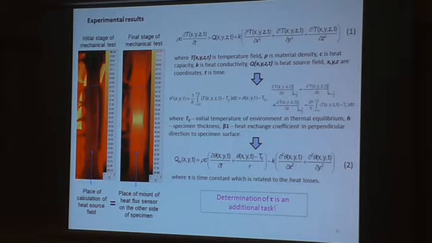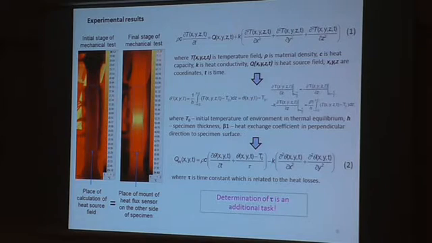in the beginning of the test and close to the end of the test. And now the main question: how can we calculate the heat sources in our samples during the experiments? If we write the heat conductivity equation, and generally introduce the mean temperature in the direction perpendicular to the visible specimen surface, take into account boundary conditions, we can easily write the following equation, which is widely used for thermographic measurements. And the main question is how we can determine this constant tau.